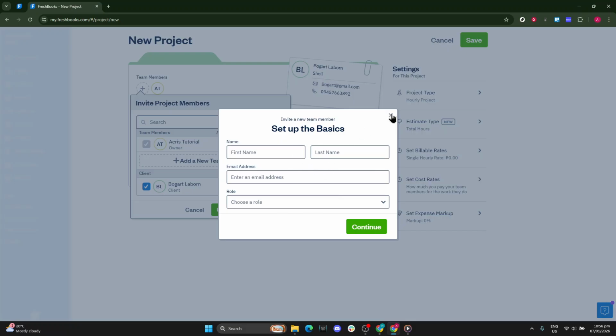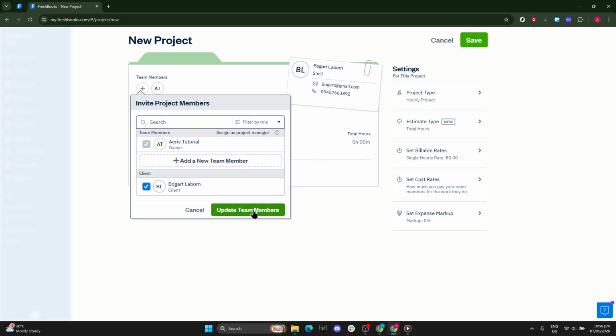That's it. You've navigated to projects, created a new hourly project, assigned a client, and added team members. Everything you need to start tracking